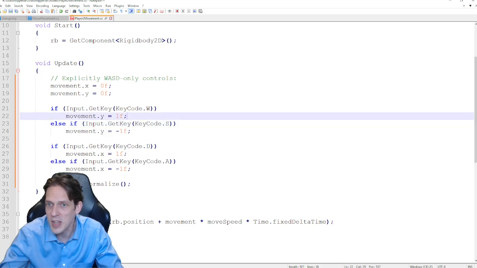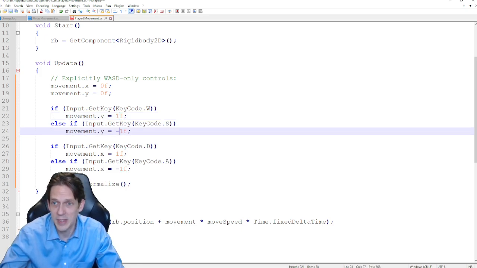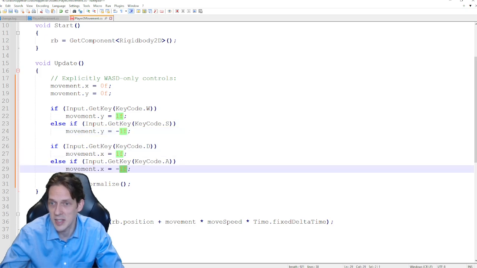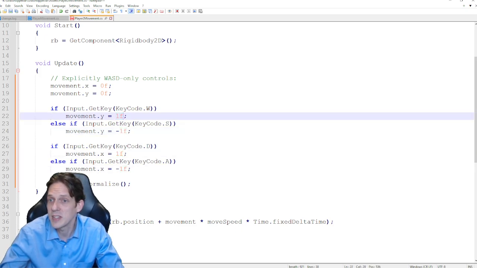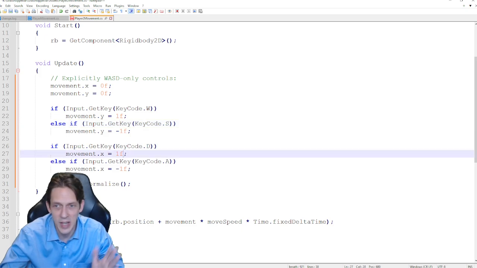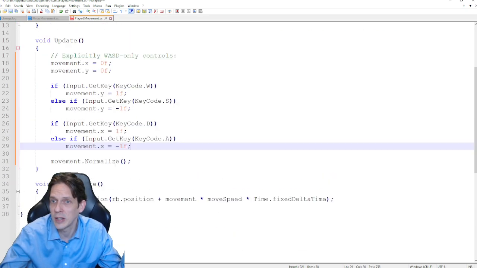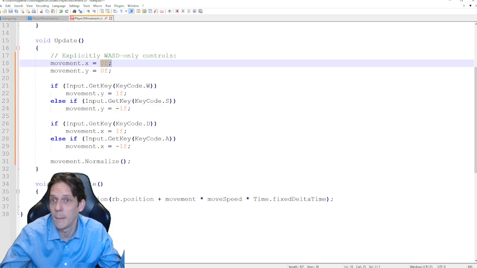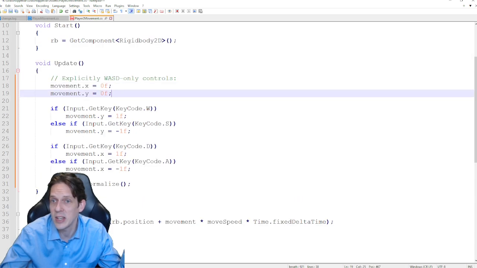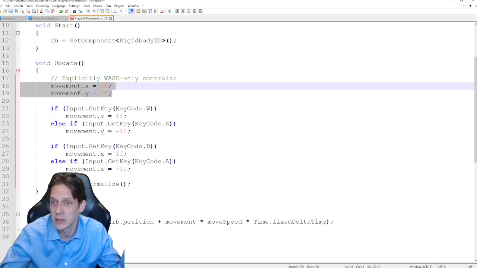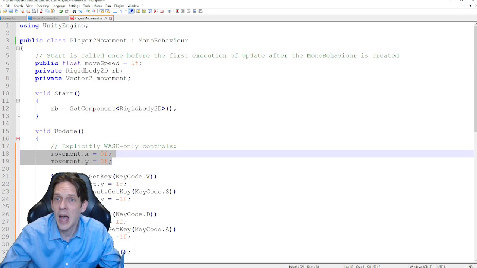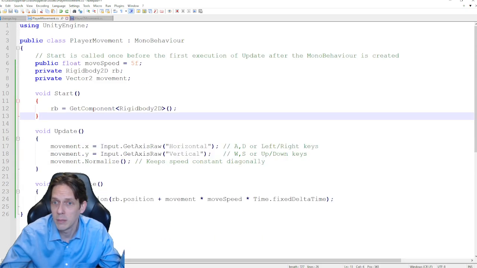So if it's W, we move Y this way. And you'll notice that this is a value of about 30. And this is negative 30. And this is 30, and this is negative 30 here. So if it's S, then it goes minus 30, and so on. This makes things very clear. And then obviously, this thing here is still set to 15 each. And I don't remember this having a declaration of that nature.